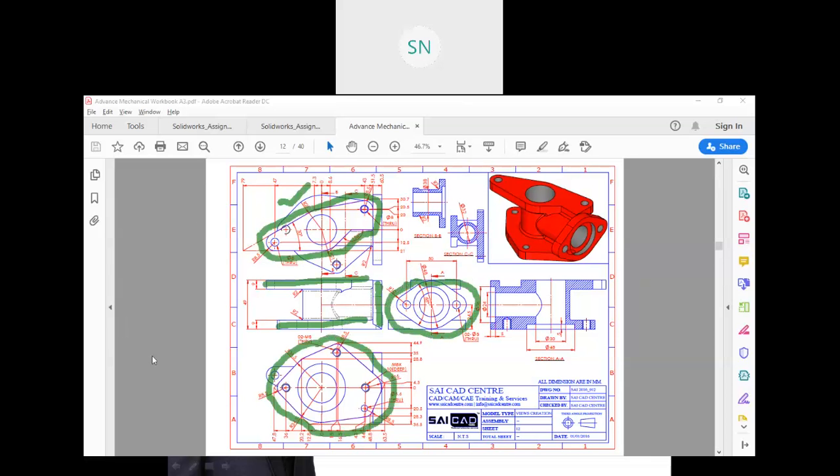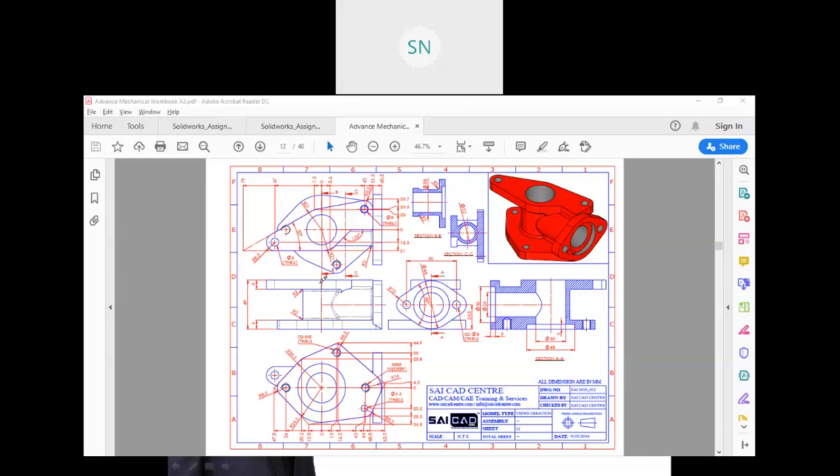So first you have to clear everything in your mind, which are the views we have. Now about the section view. In the section view, it is written over here that this is section AA, right? So find out AA first. Where is AA? See over here it is written that this is AA. So when you cut this object from here like this, it will look like this. So view it from the isometric view. So we actually have created a cut from here like this,